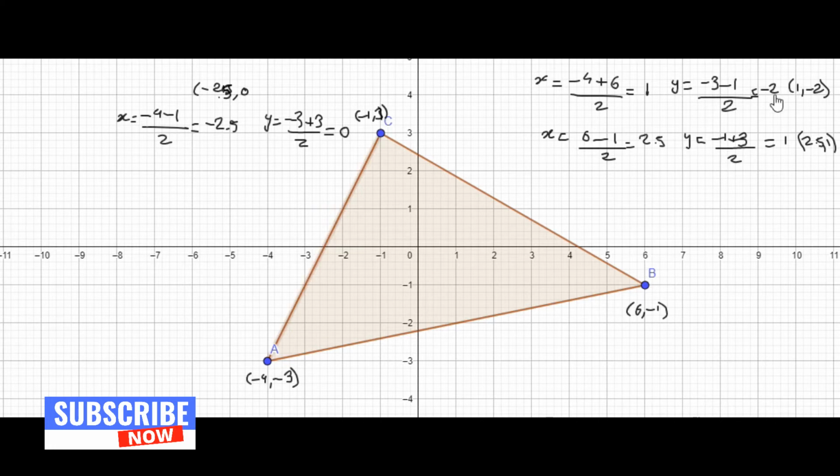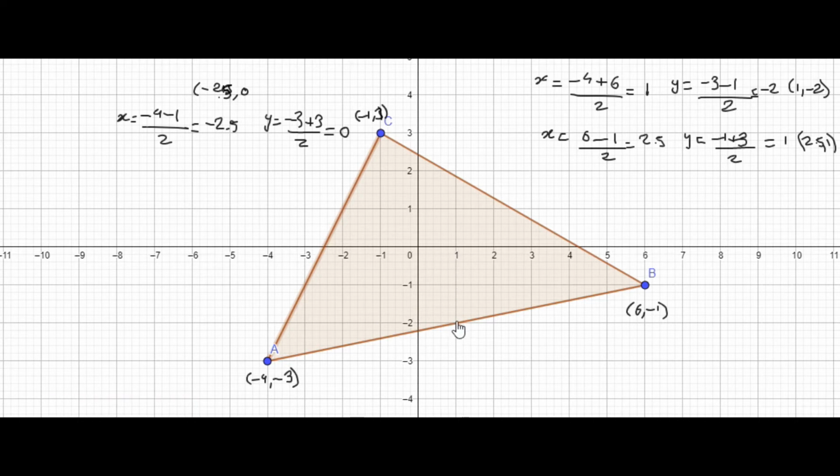If we look at the coordinates, the first midpoint is 1, -2. So we look at 1 on the x-axis and then go 2 units down. This is the midpoint of AB. And yes, it does look like a midpoint; it looks like AD is the same as DB. However, we are going to verify that, since we are going to find the centroid of the triangle. We know that all the medians should meet at the same point inside the triangle. If they do, our midpoints are correct.